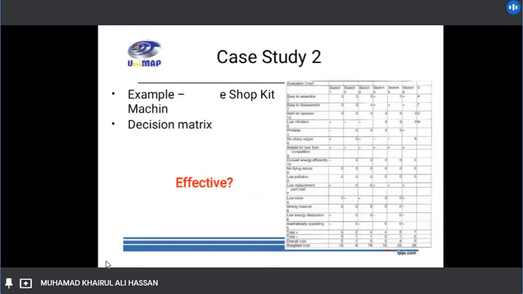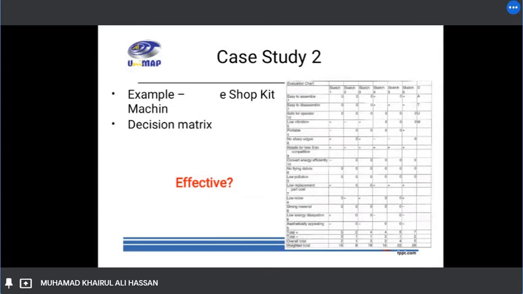So maybe you want to ask from this table, how do we select the parameters? For example, easy to assemble, easy to disassemble, safe for operator, low vibration, portable, no sharp edge. Right, correct? These parameters or characteristics also come from the customer needs earlier. Before, we had customer needs and then we had analysis, right? And then from there we discuss among our team and put them here in order to see the